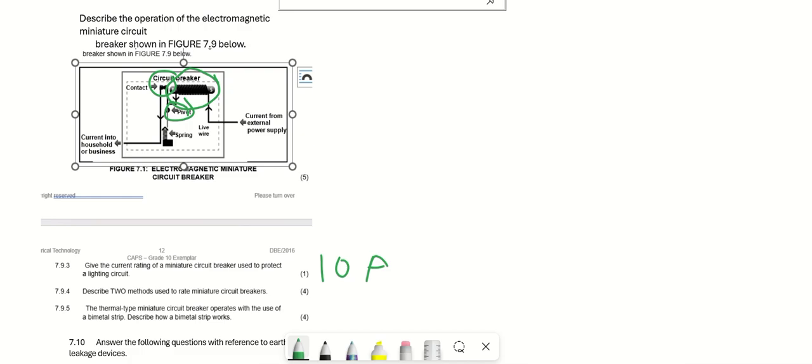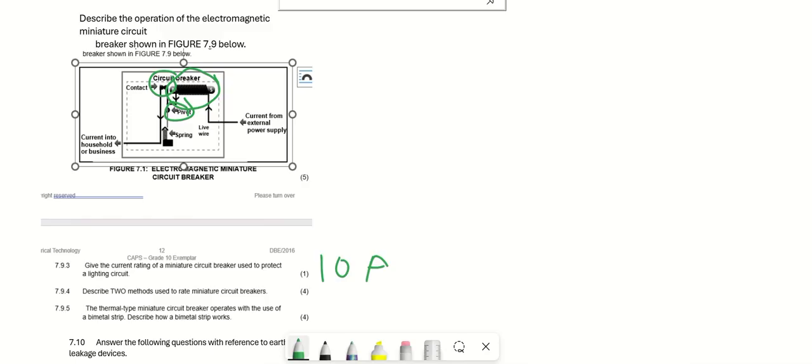Let me just put it in simple terms, guys. A magnetic coil produces a strong magnetic force which will force the pivot arm, opening the contact to disconnect the live conductor.